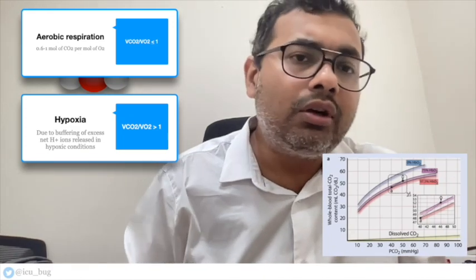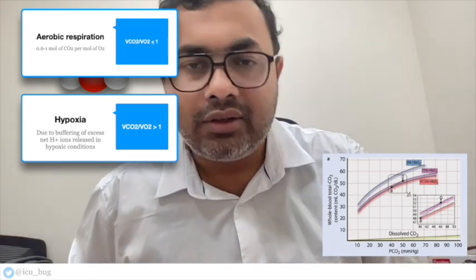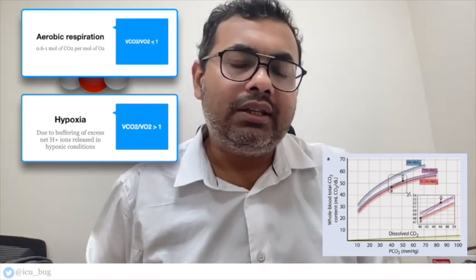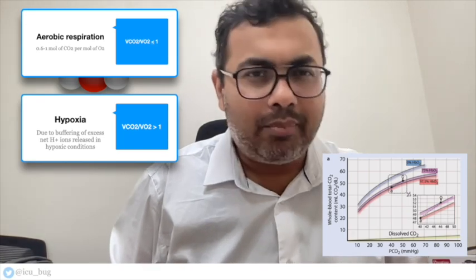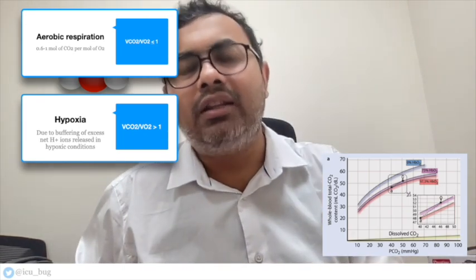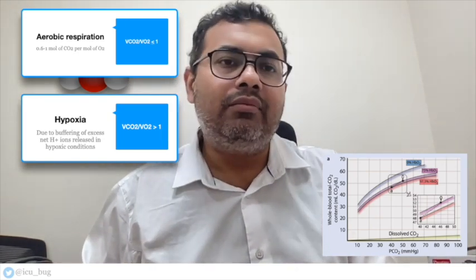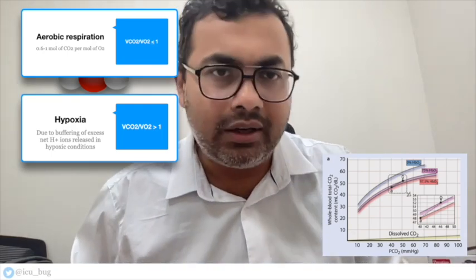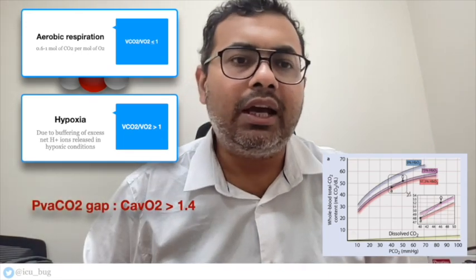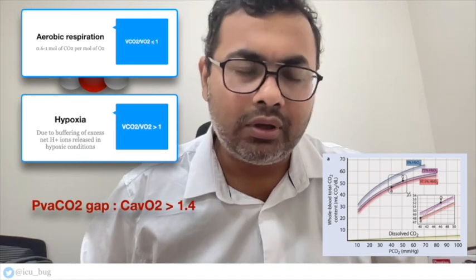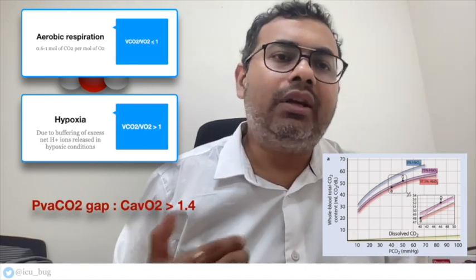we usually do not calculate the content of carbon dioxide, but if we go through the carbon dioxide dissociation curve, you can see within the physiological limits, the partial pressure of carbon dioxide is approximately proportional to the carbon dioxide content in the blood. Therefore, we can use the partial pressure difference of carbon dioxide as a surrogate of content difference. In clinical scenarios, the PvA-CO2 gap to CaVO2 difference ratio of more than 1.4 signifies anaerobic respiration in our